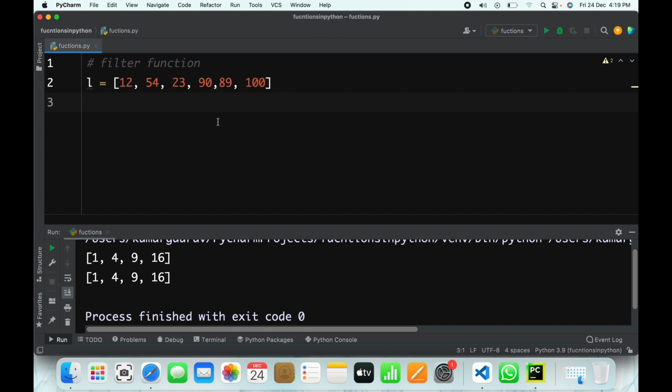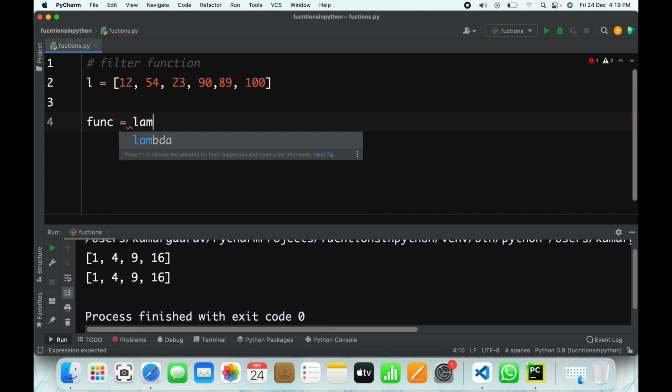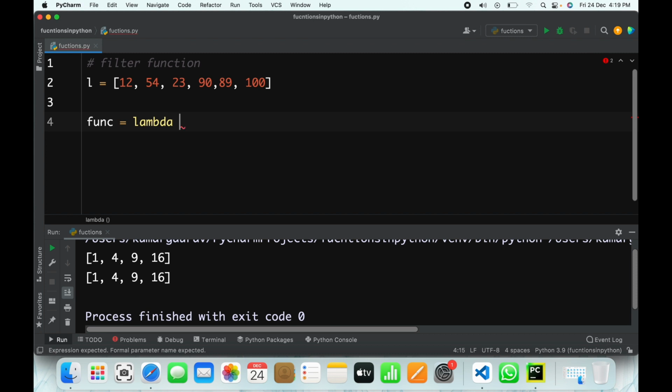So if I make some function, let's say I write func equals to, I'll write lambda and some item, some argument a, and it should be a is greater than 30. That is the expression. Okay, this is a simple function, lambda a: a is greater than 30. All right, now